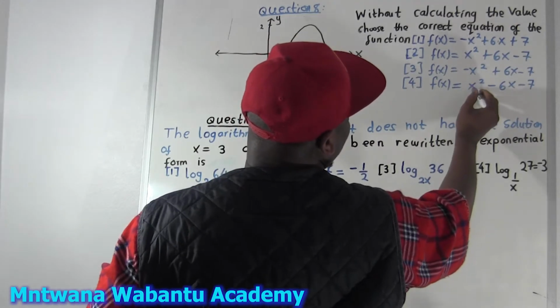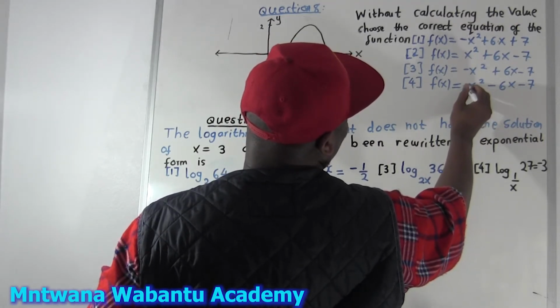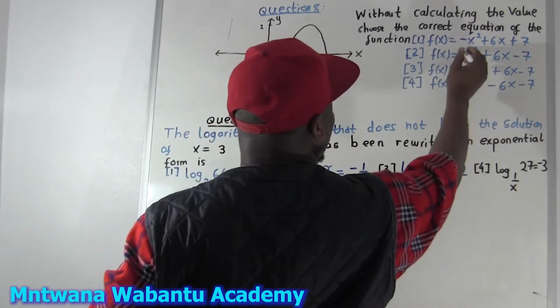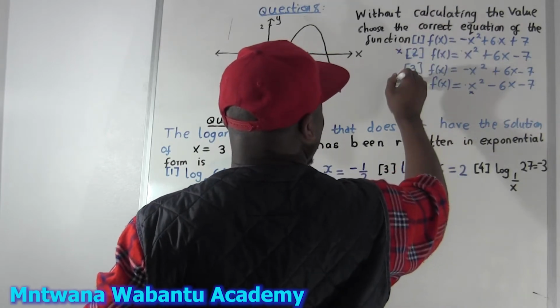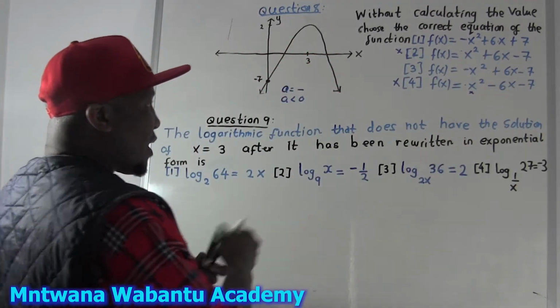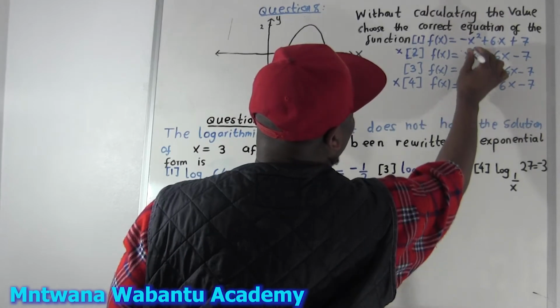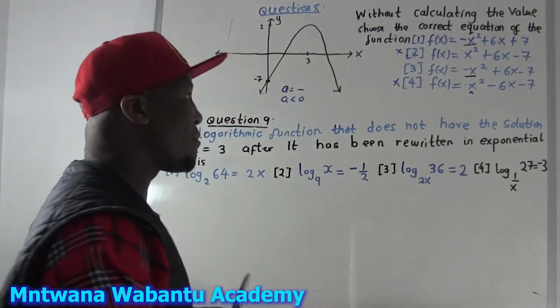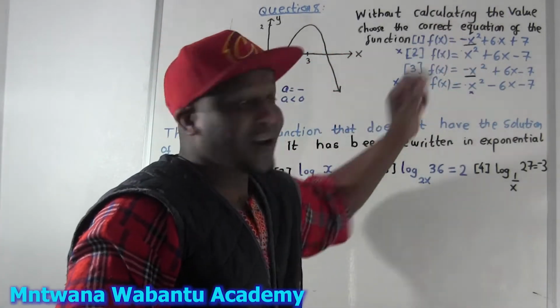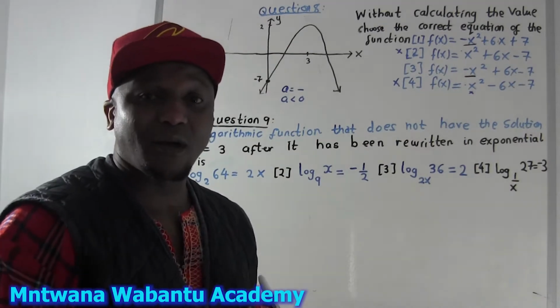So this one is never going to be the answer because a is already positive. Also, this is not going to be the answer because it's already positive. So these two are disqualified. The answer can be either here or there, but we cannot confirm only from the a part. Now we want to go for the